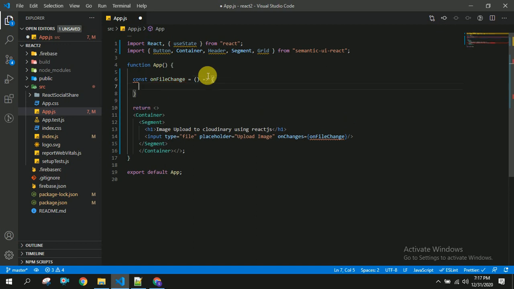If you don't know about arrow function syntax, you can go back to my channel where I have clearly explained what is arrow function and ES6 features. So let us stop this temporarily here, and after this I am going to use something called loading. For this we have to create a variable called loading here.